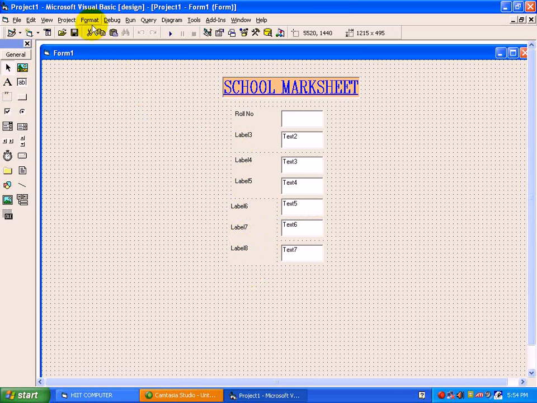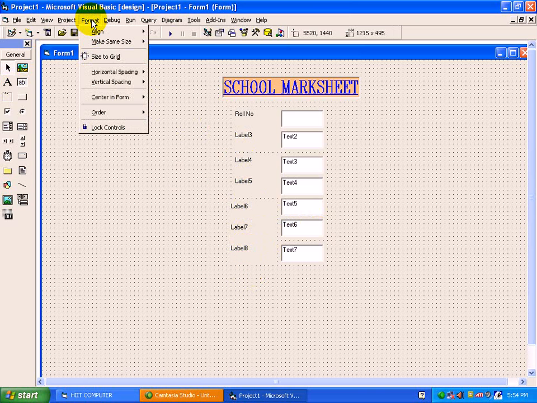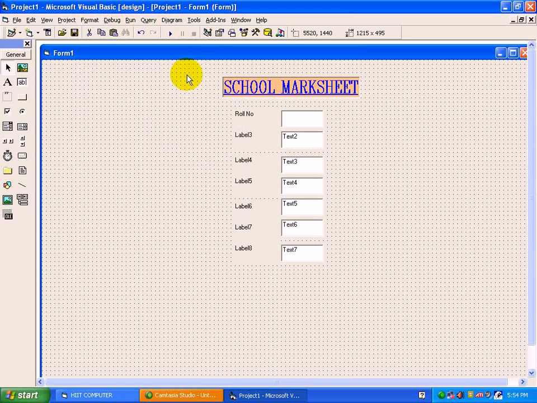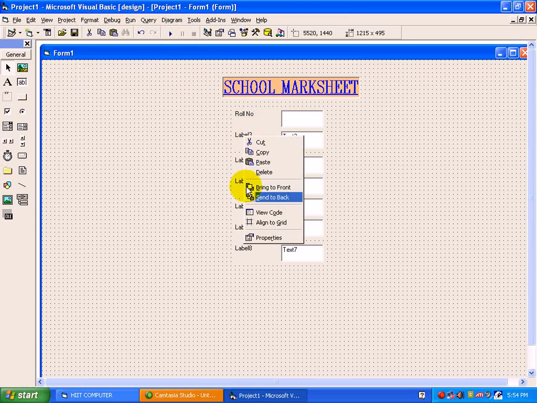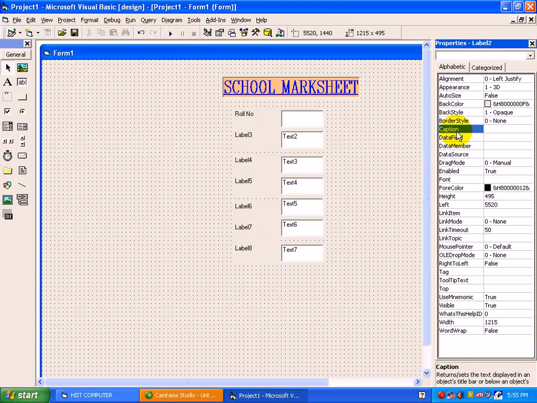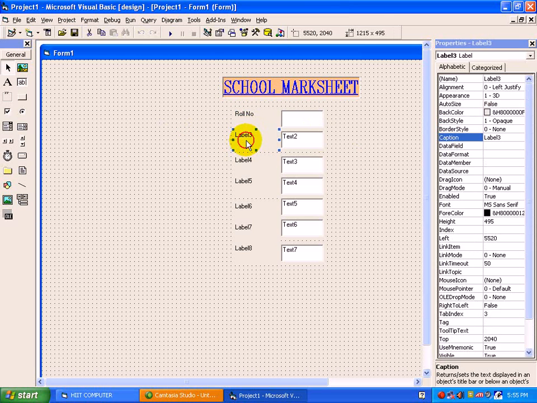Then click on the Format menu, press Align Left. We will just change the caption for these labels. Properties, caption. First is roll number, the second one is, suppose, name,